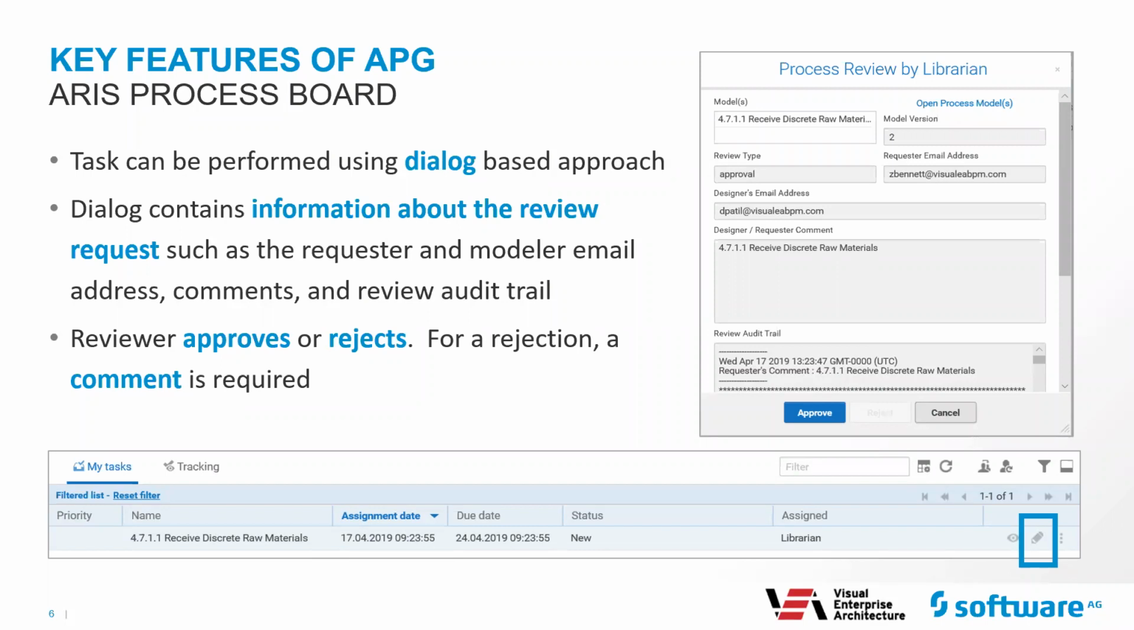One of the additional features that APG uses is something called the ARIS Process Board. ARIS Process Board is integrated into the ARIS Connect platform. Users receive a task to perform something, all right, something that's in that process based on the designed APG process. In the example shown, the librarian receives a task to review the process. The librarian opens the task, and the APG process displays a dialog which provides key information about the review request